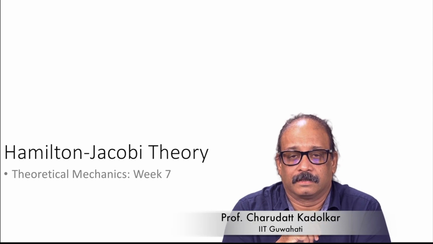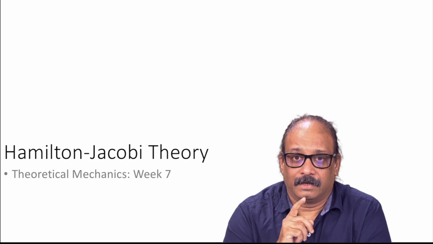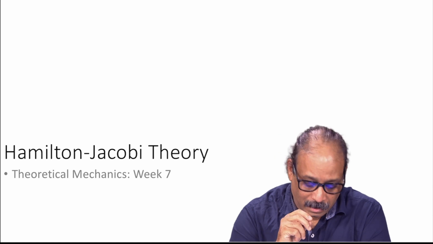See, in the last lecture we saw this beautiful theory called Hamilton-Jacobi theory. Remember, last week we talked about the canonical transformation to such a coordinate frame that in the new coordinate frame all the canonical variables will be constants of motion, and we gave some examples. But Hamilton-Jacobi theory gives us the procedure to find such a transformation. Okay. I will again recap this because it is very important.